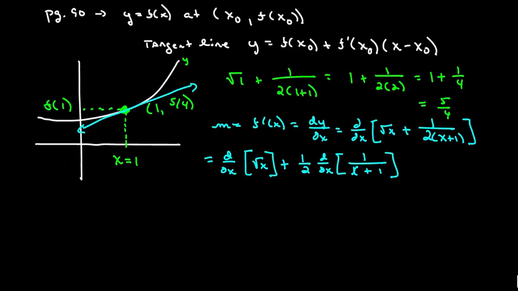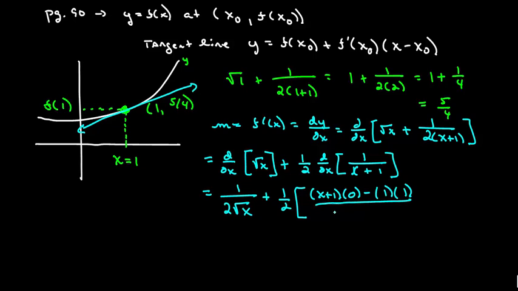Okay, so let's keep going. So d dx of square root of x is 1 over 2 square roots of x. Okay, we've already been given that. So plus 1/2. Now the derivative of this, we can use the reciprocal rule, or we can use the quotient rule. So I'm going to use the quotient rule here. So it's the bottom times the derivative of the top minus the top times the derivative of the bottom. And now the derivative of the bottom is just 1, because the derivative of x plus 1 is just 1. And then that whole guy is over the bottom